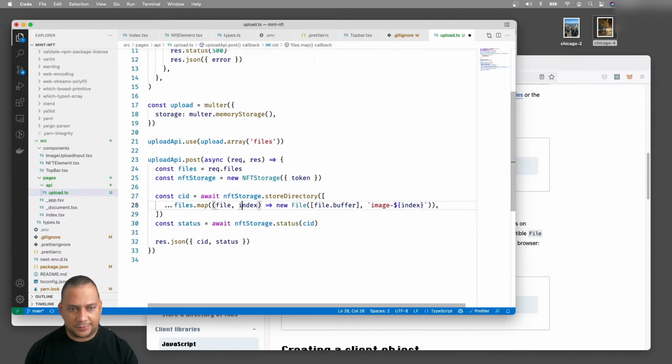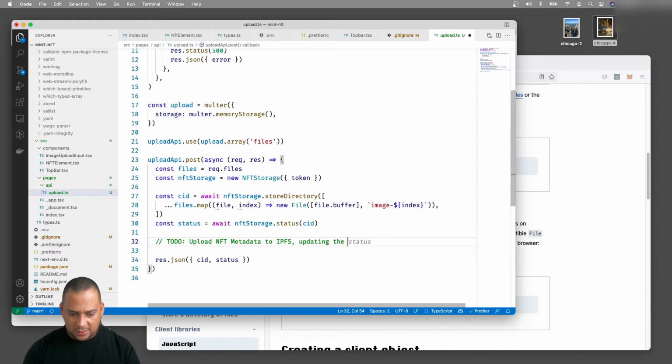This is our endpoint, right? And this endpoint is returning the CID and the status of the upload, right? Of course, this is the CID of the images. Remember that we still need to do something extra here. Let me put it as a to do: upload NFTs metadata to IPFS, using, updating